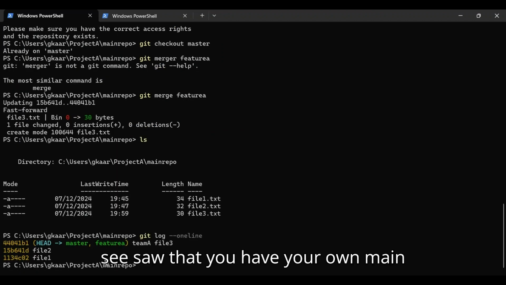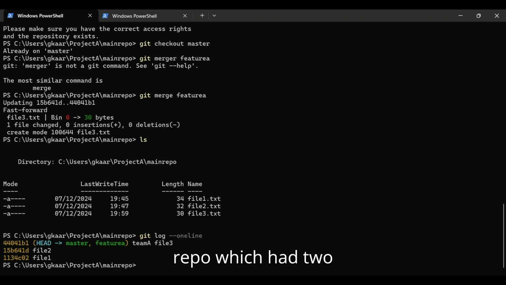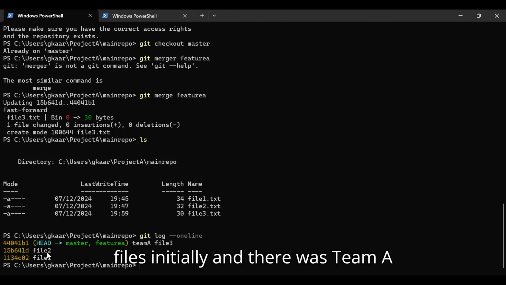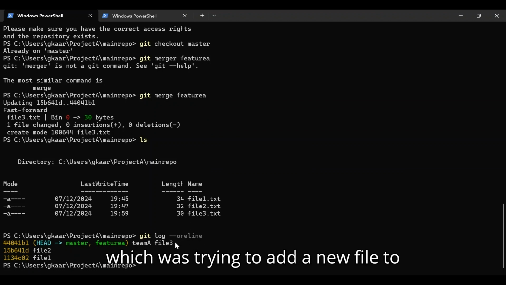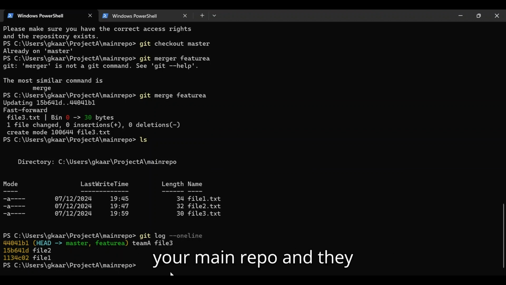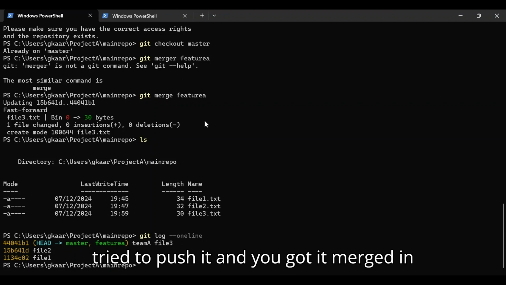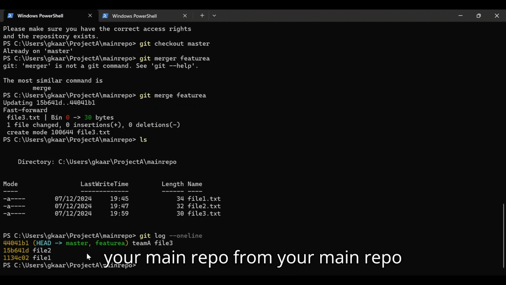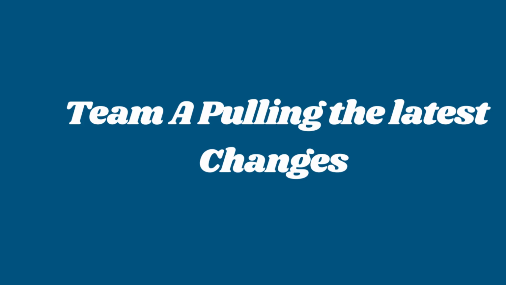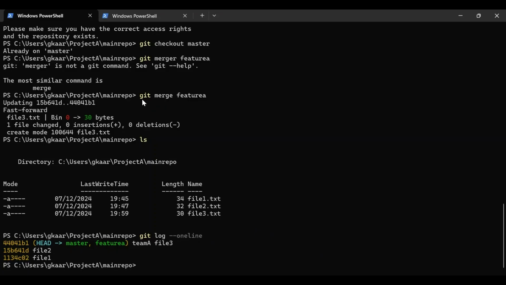So you saw that you have your own main repo, which had 2 files initially, and there was team A which was trying to add a new file to your main repo, and they tried to push it and you got it merged in your main repo from your main repo directory. So now that we have merged our feature A branch pushed by team A to your main repo,